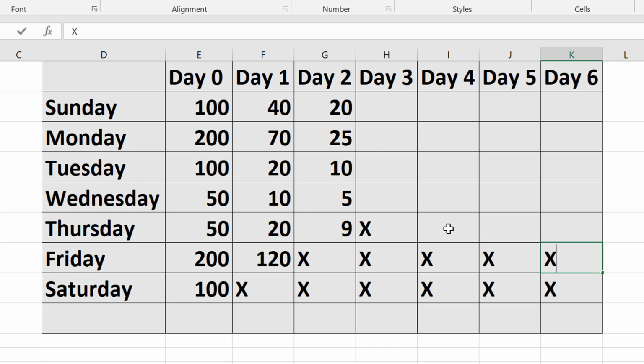Again, I can put all the X's onto these particular date ranges. Now let's come on to these very figures, which is Sunday, Monday, Tuesday and Wednesday. We are only left with these. So Wednesday, let's say out of 50 people, 10 came on the day 1, which is Thursday. 5 came on the day 2, which is Friday. So we can put a number over here.